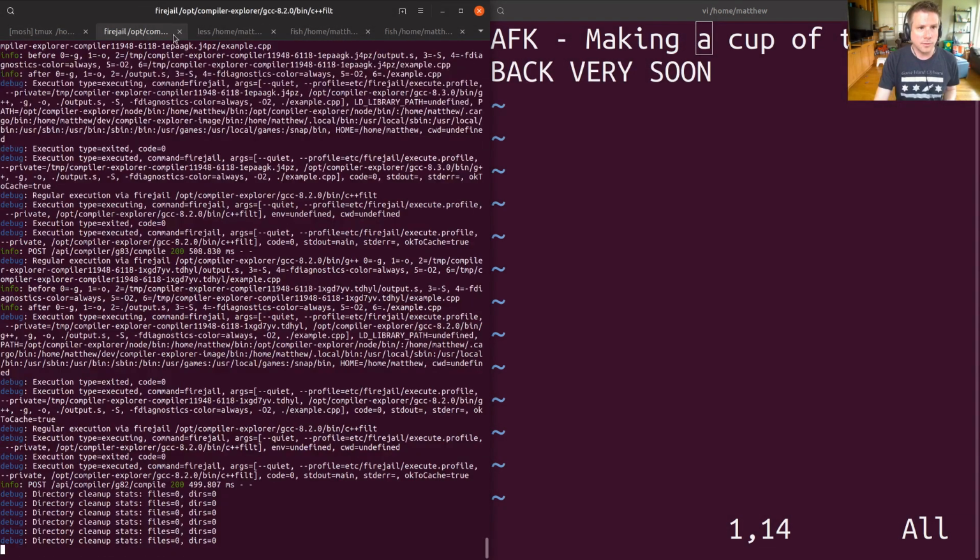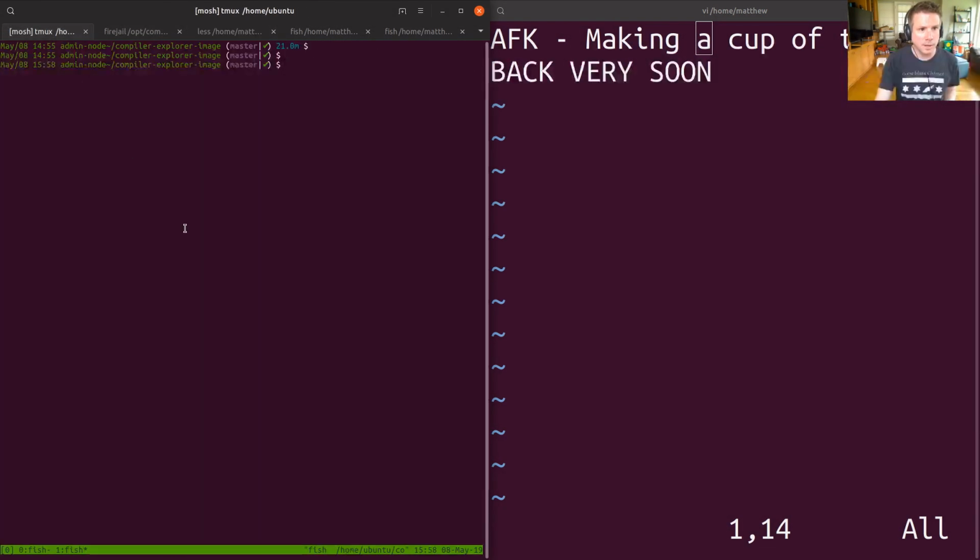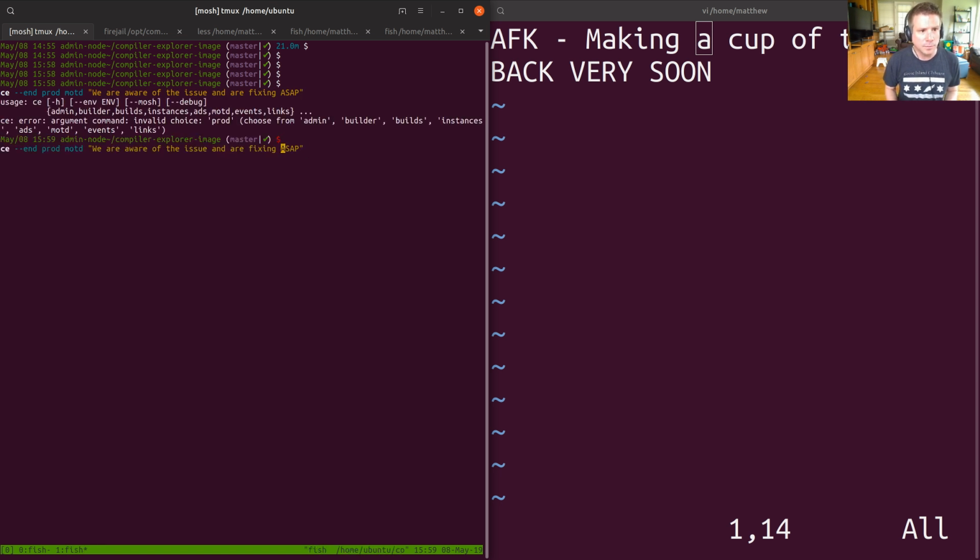Alright. This is where I'm going to immediately go to the home node, wherever the heck it is. Here we are. Okay, I'm going to do ce-env prod motd set update: issues. We are aware of the issue and are fixing ASAP. Oh, what is this?